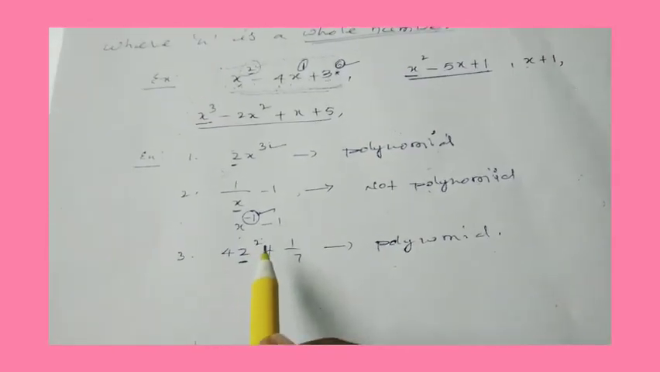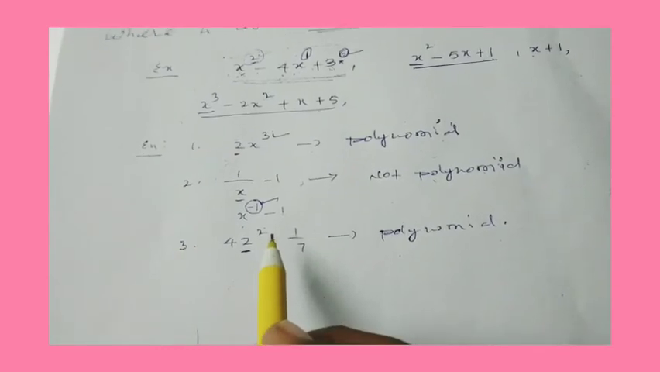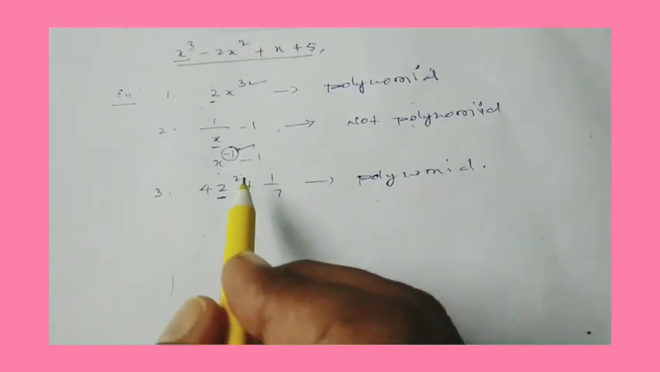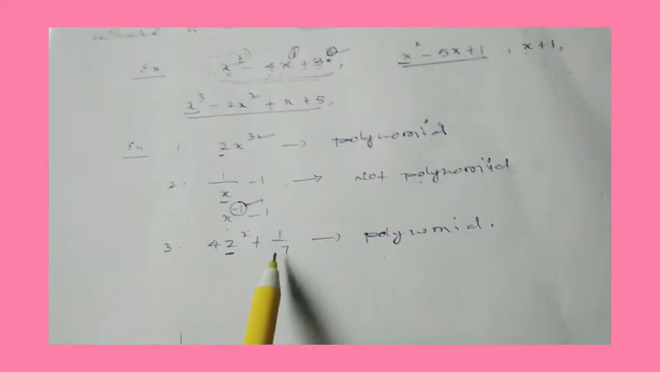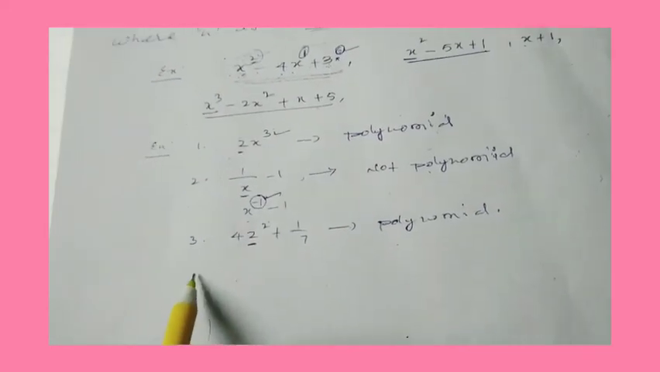If it is a negative integer, it is not a polynomial. If it is a positive integer including 0, that is a polynomial. This one point you should check. You can understand very easily. Next, fourth one,